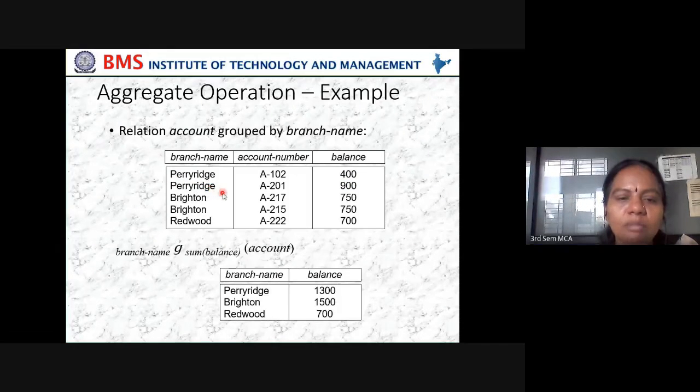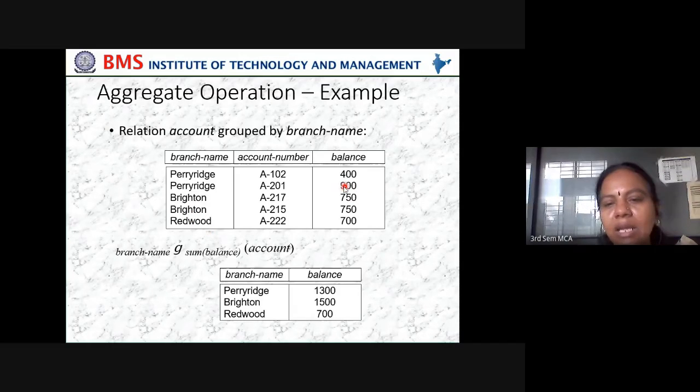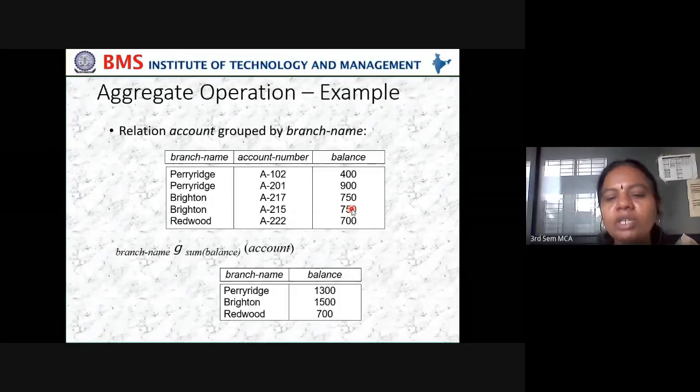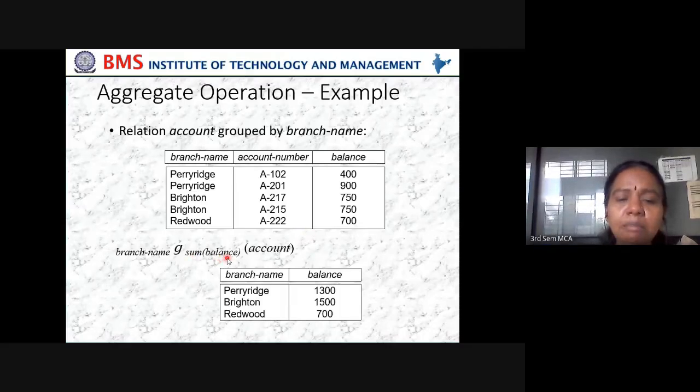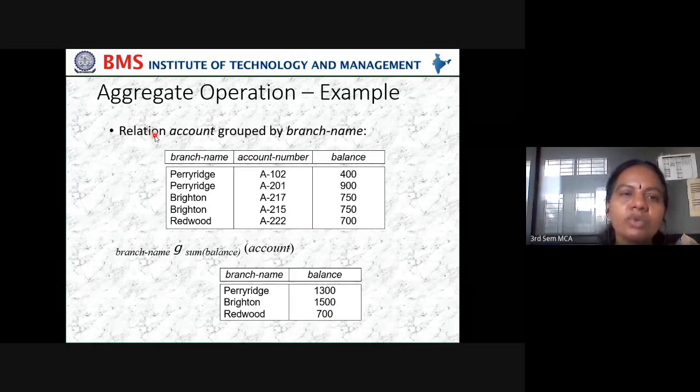Perryridge branch I have to add, Brighton I have to add, Redwood I have to leave as it is. Then 400 plus 900 is how much? 1300. In the same way, 750 and 750 is how much? 1500. Then 700. The sum of balance of the account: Perryridge 1300, Brighton 1500, Redwood 700. That is an aggregate operation.